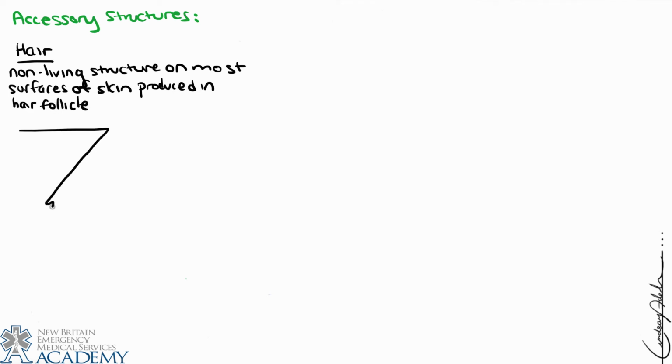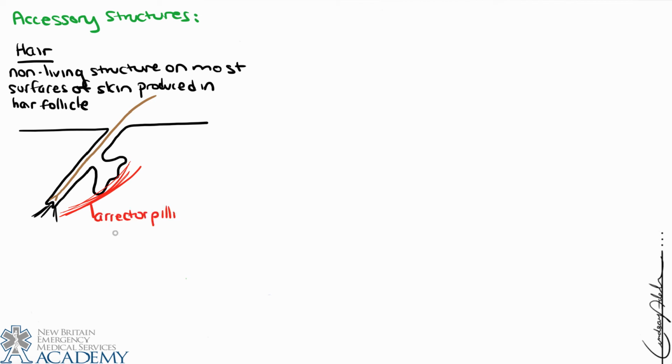We'll draw the surface of the skin. So we have the epidermis, and then the hair follicle extends into the dermis. The hair follicle is also connected to the erector pili muscle. We'll mention that in a minute. So the hair can be divided into the hair shaft and the hair root. And then at the very bottom, we have the hair papilla, which is basically a peg of connective tissue that